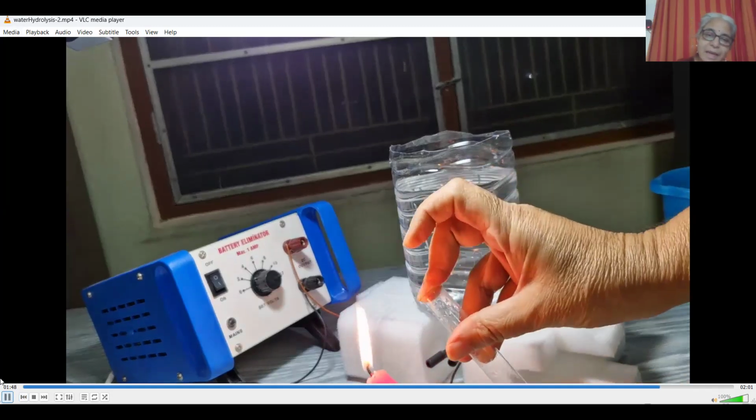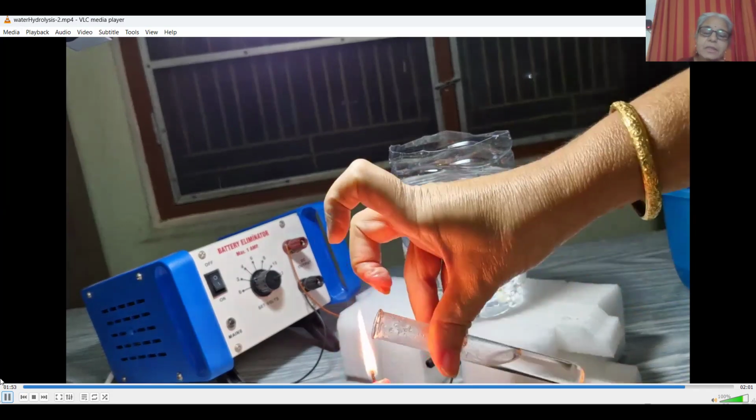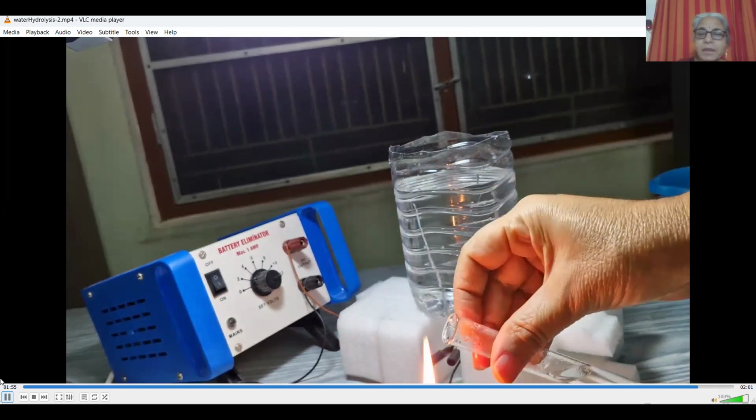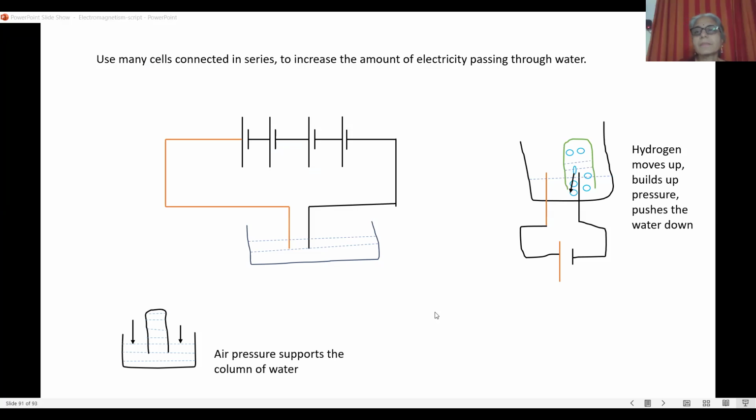So when I release the gas near the flame, it has burnt with a pop sound, and then there was water vapor formed. So we collected hydrogen gas. We know it is hydrogen because of this one test that it burned when exposed to flame. There was a pop sound,